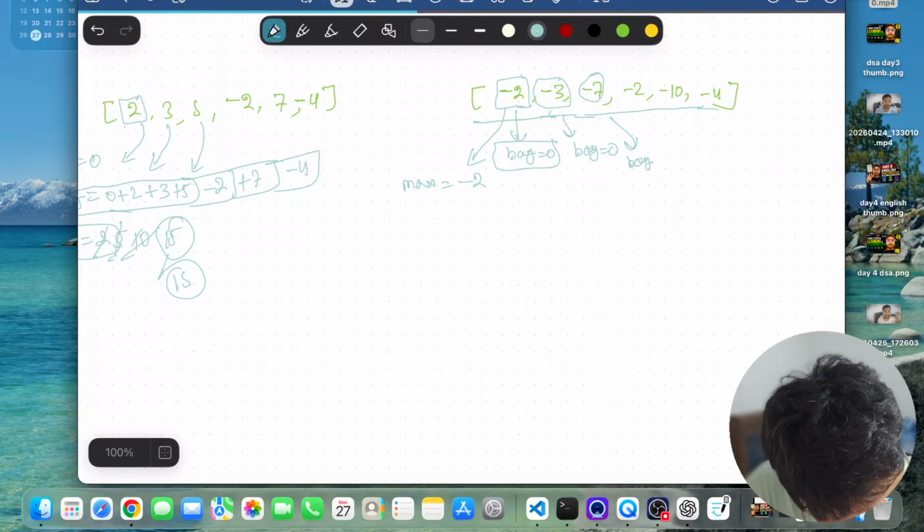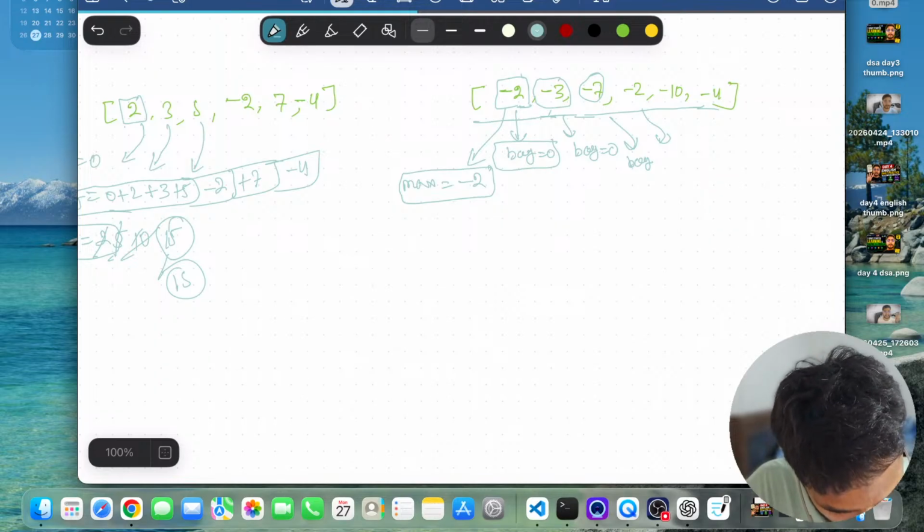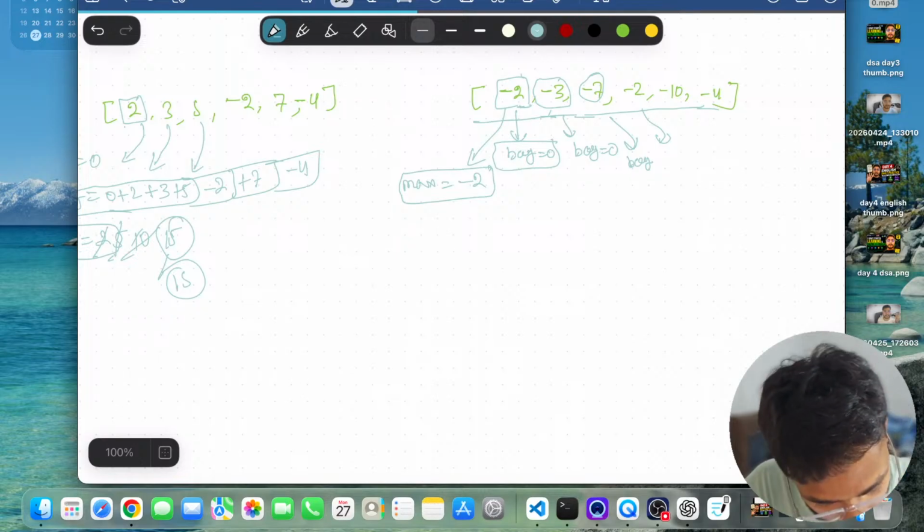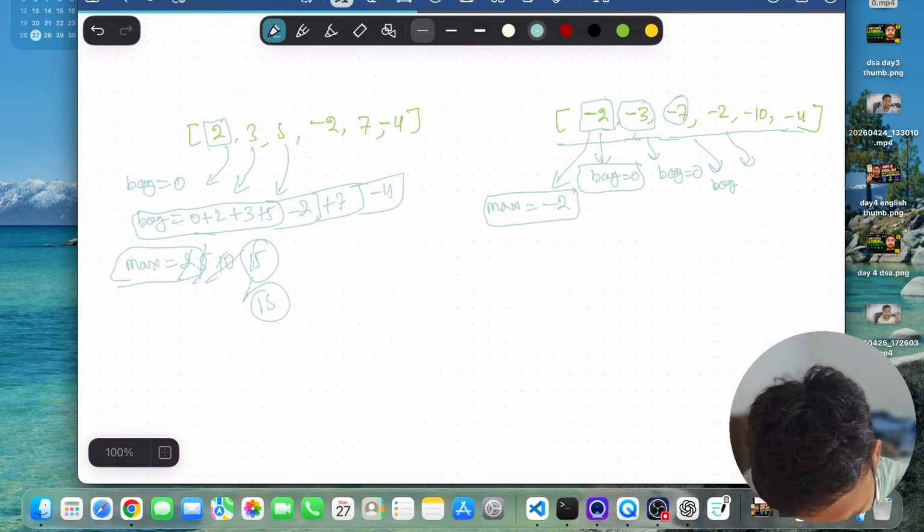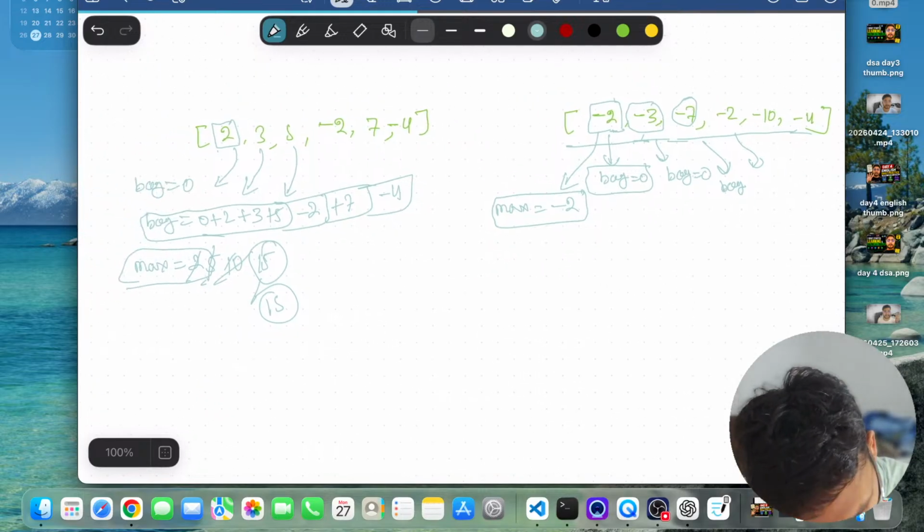Now here we just check: whatever the max value we have, is the element greater than that value? If so, then we'll add it into this, but we are not going to add it into bag until we get a positive number. Here we get the positive number, so we'll start with